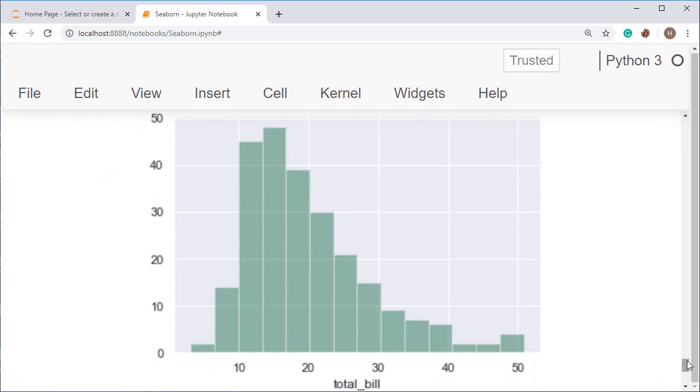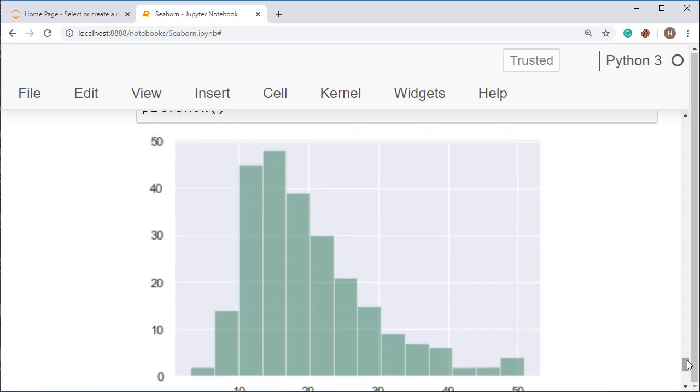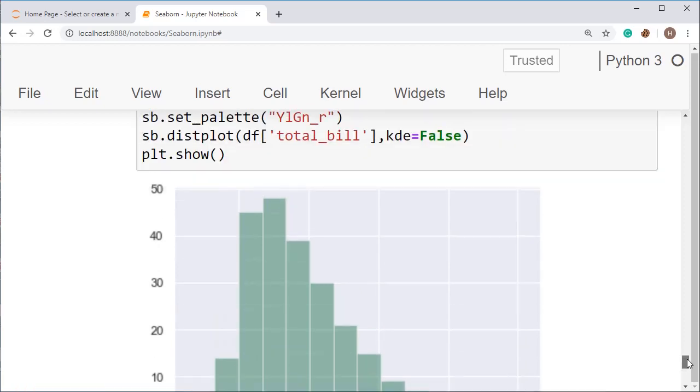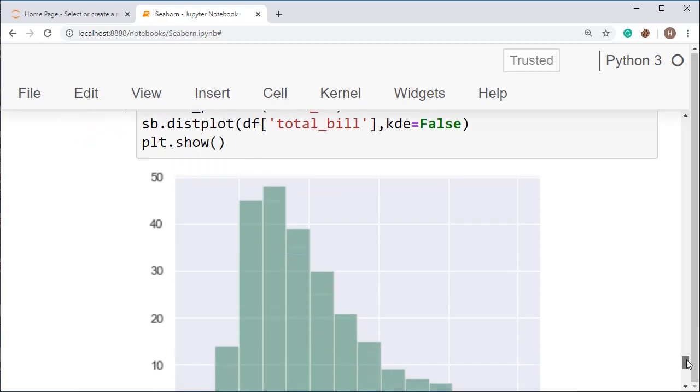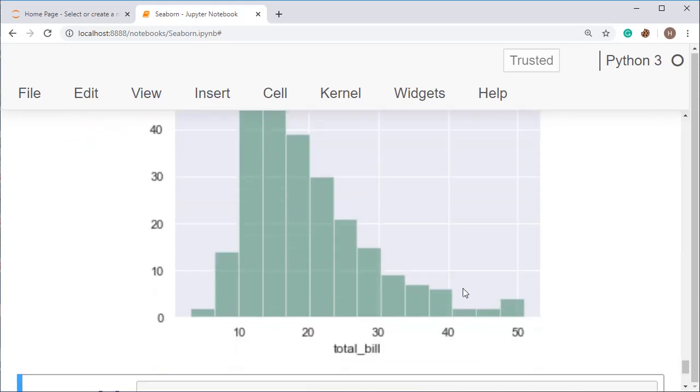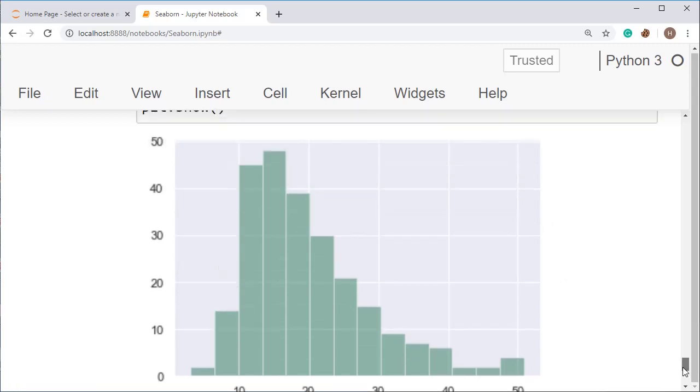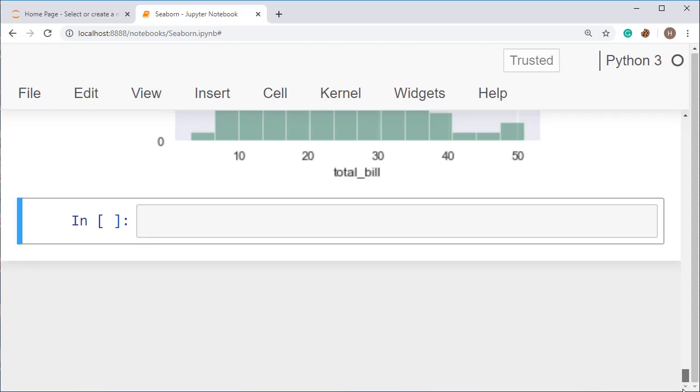Okay, and see, this one is looking so cool, but when we plotted the histogram in matplotlib, we did not get it in this manner. All right, so this one is making your graph look cool.